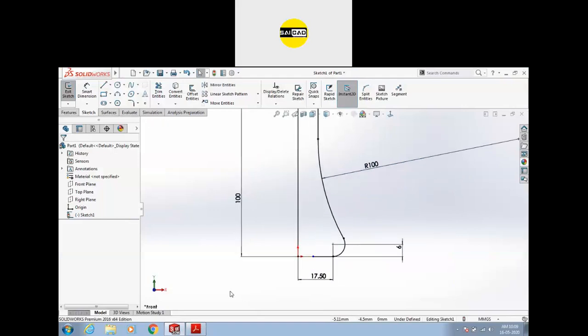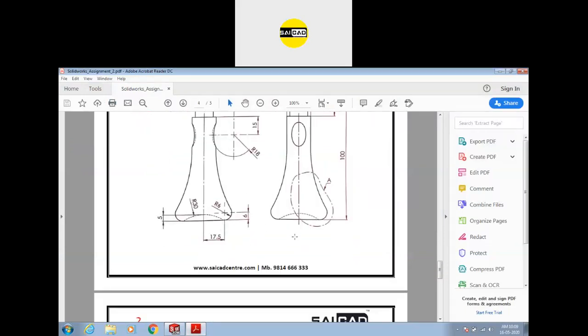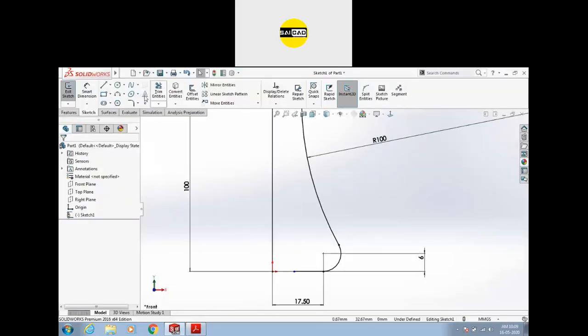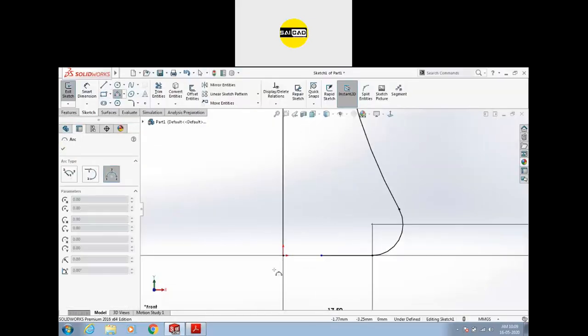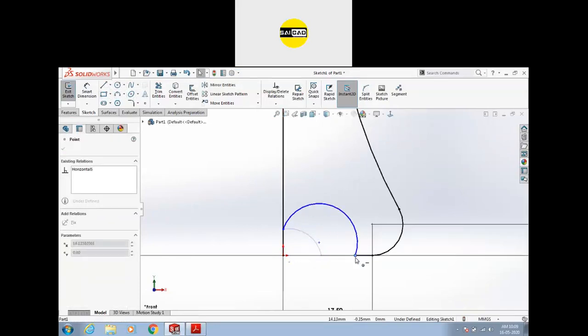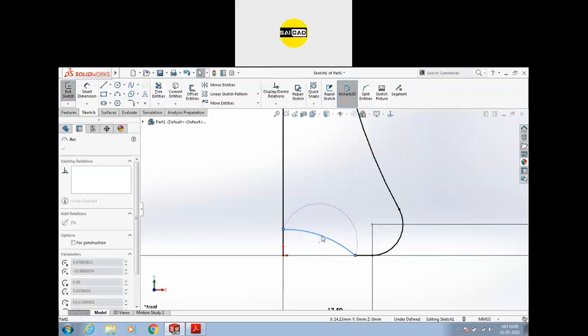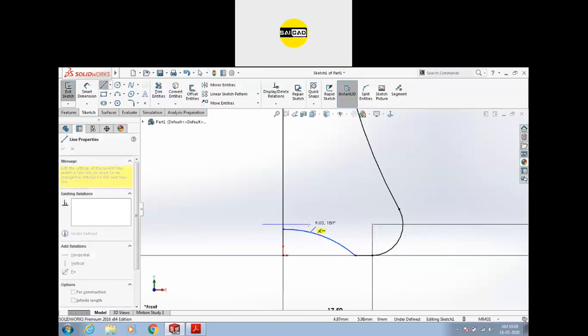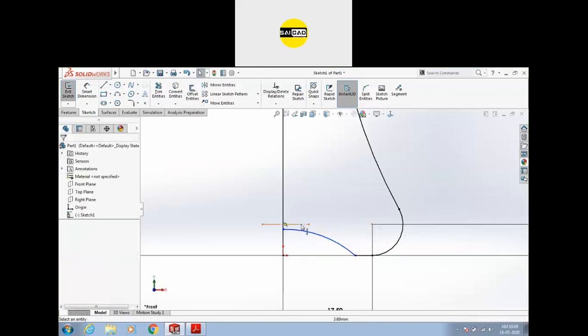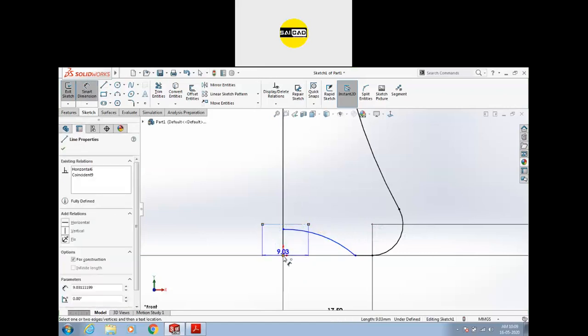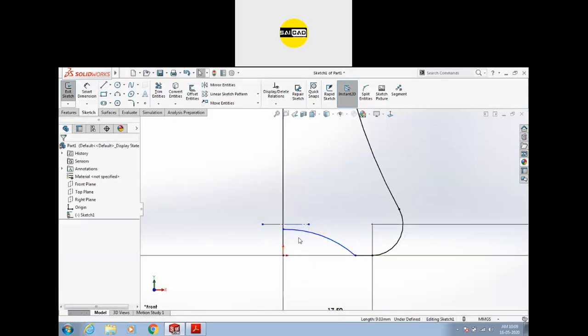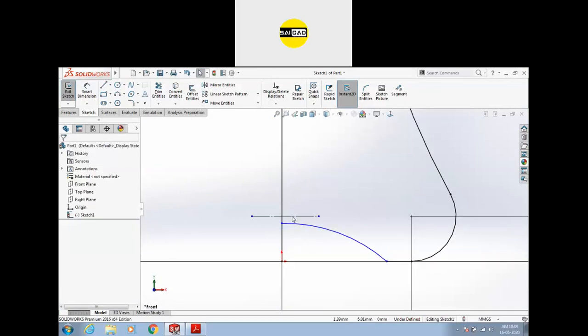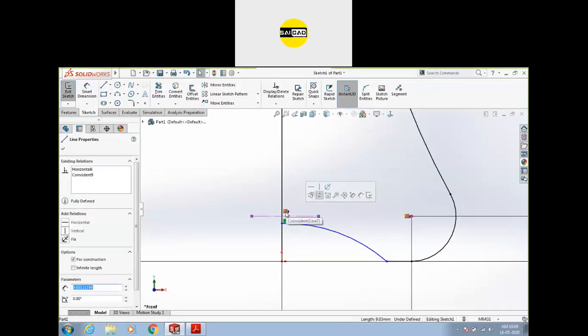Next thing is we have a cut side here. That's 30 radius and 5 offset distance. So an arc from here to here, and like this, like this. So create a line that should be like this, and the distance we have is okay. So this distance was derived from a point, from this point.